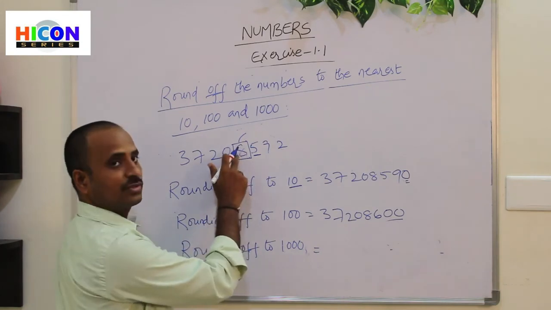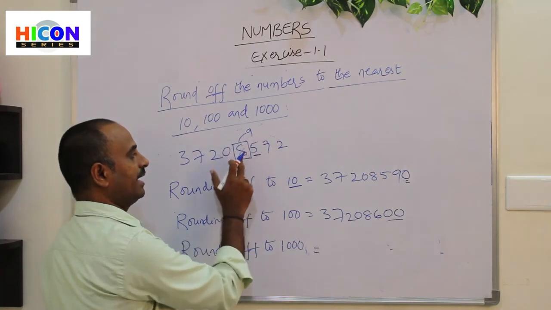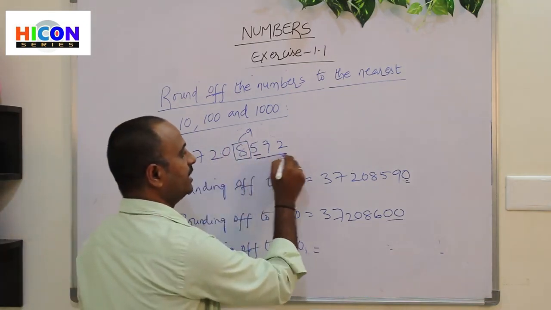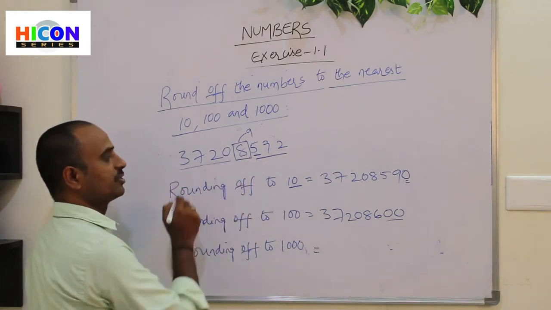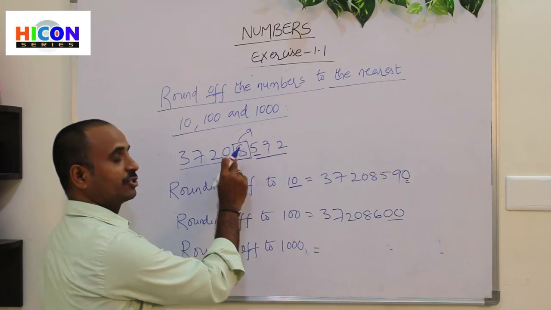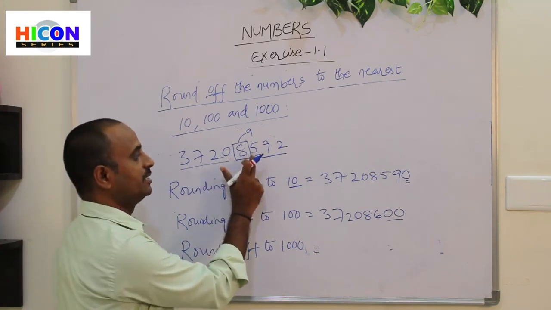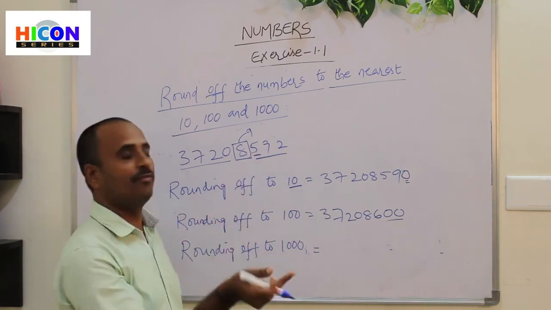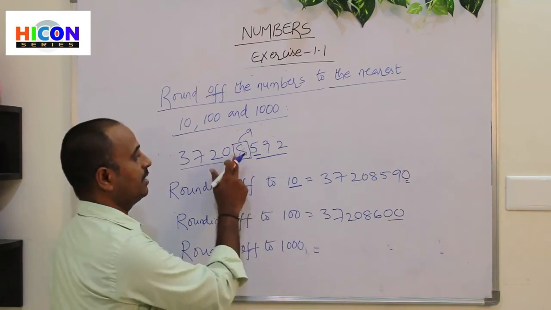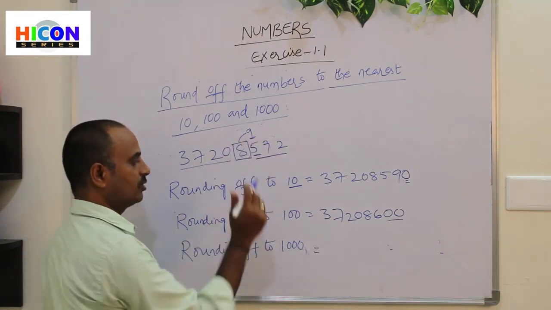Here there are 8 thousands. The next thousands becomes 9 thousands. So write 9 in the thousands place and put zeros for the remaining 3 digits, and the before digits should not be changed. So the number should be rounded off to the next thousands, because the next digit is 5 or greater than 5. So rounded off the given number to the next thousands. There are 8 thousands. Next thousands becomes 9. So write 9 in the thousands place.